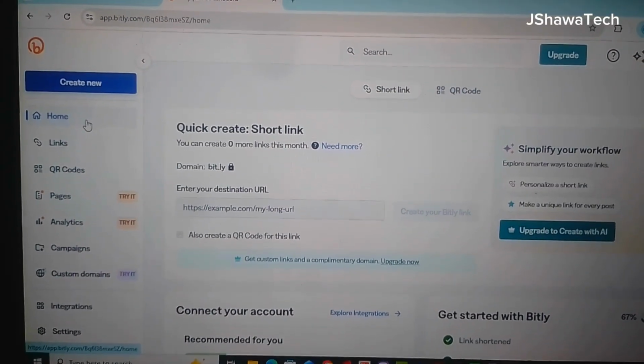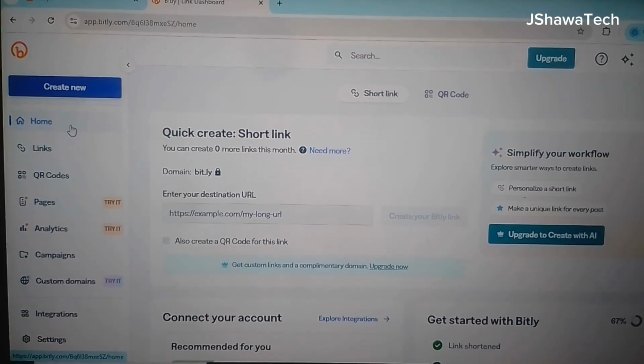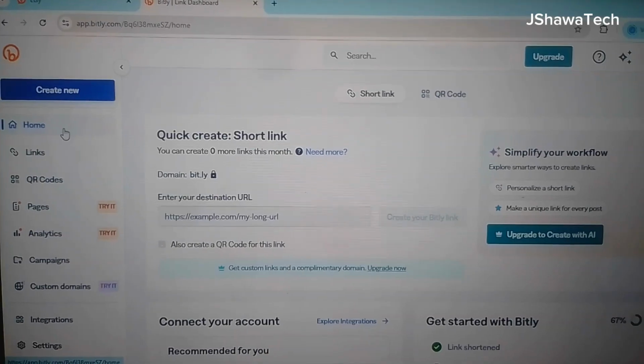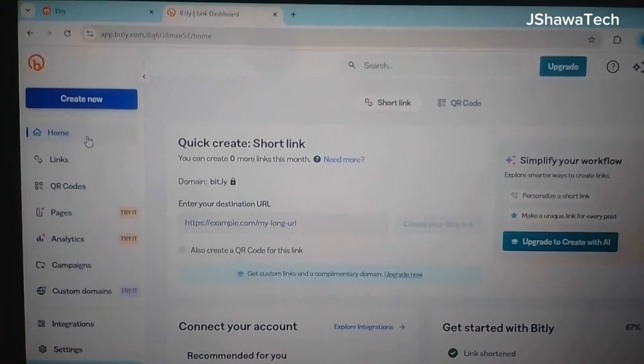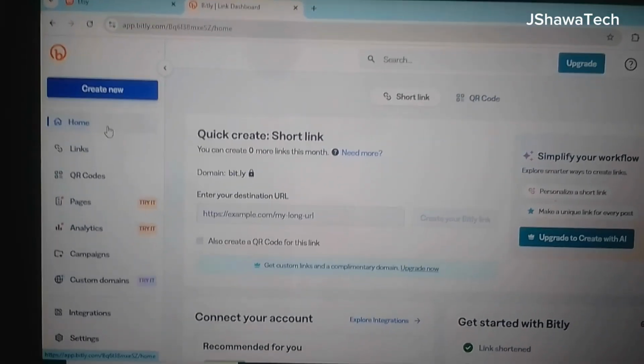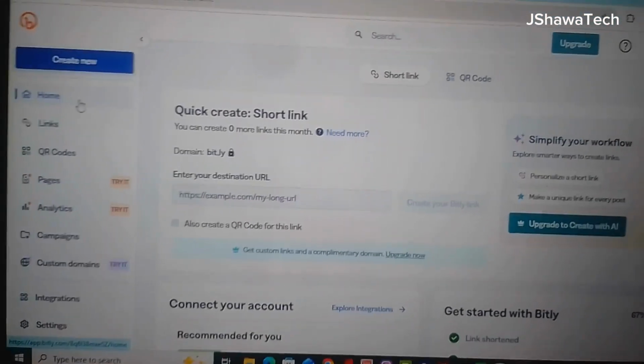Hello guys, so this is part 2. I want to show you how you can generate your QR code using the Beanplay platform. So you search for Beanplay. So this is the platform, and then